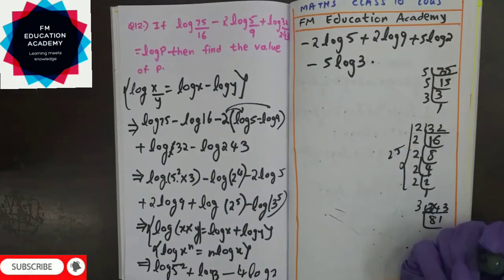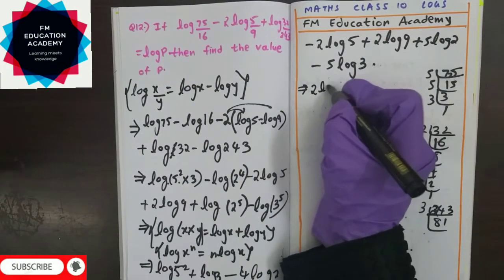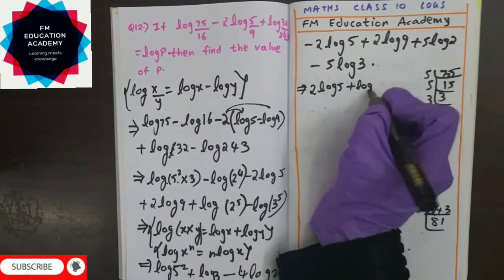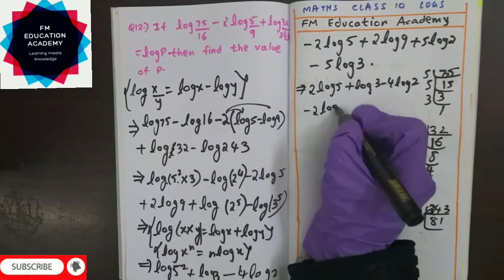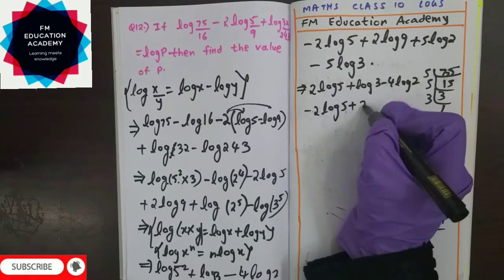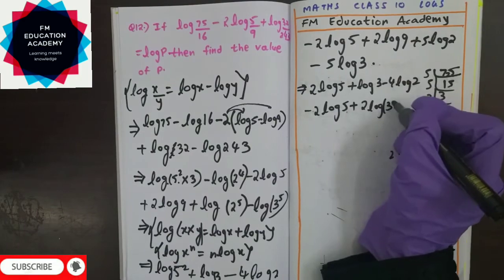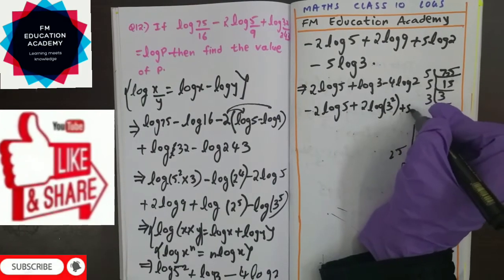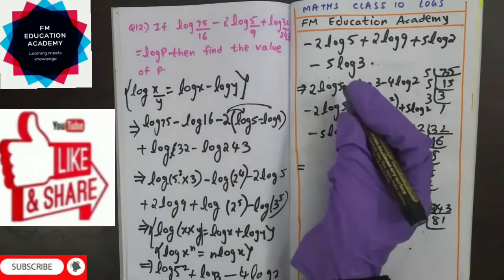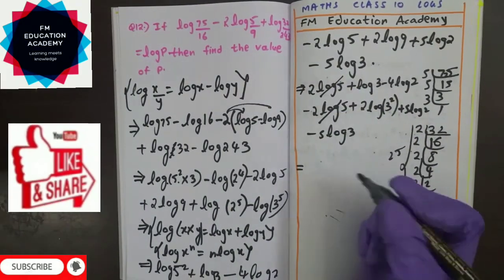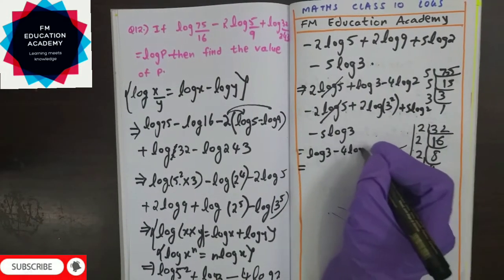And now we know, again it is the form of log x power n is n log x. So we'll write 2 log pi plus log 3 minus 4 log 2 minus 2 log pi plus 2, instead of 9 I'll write 3 square, because I am having all are 3, log 3 I am having here. So 3 square plus pi log 2 minus pi log 3. So here if I observe, 2 log pi and minus 2 log pi will get cancelled, and I am left with log 3 minus 4 log 2 plus,